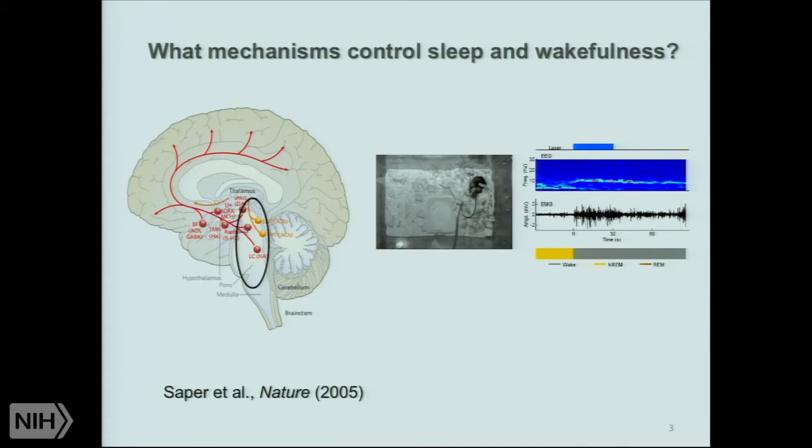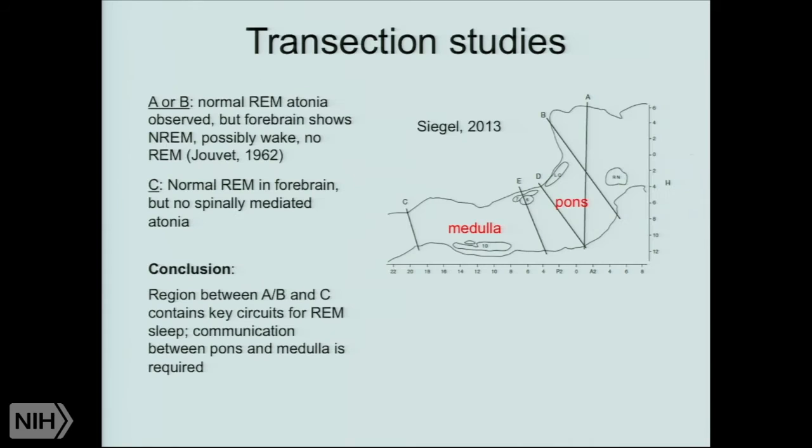The brainstem has traditionally been closely linked to REM sleep. This was figured out using transection studies, pioneered by Jouvet in the 1960s and later followed by many investigators. This is a diagram from a review paper by Jerry Siegel. Basically, what people found is that if you make a cut or transection at level A or B, so this is a sagittal view of the brain showing the brainstem,